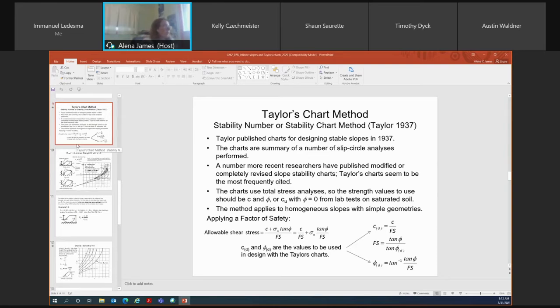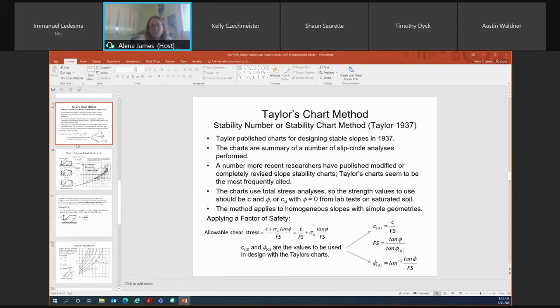Taylor's charts method is a way in which we can calculate either our factor of safety, or we can use them to calculate the maximum stable slope, or the maximum slope angle. It was derived in 1937 by a fellow named Taylor. So you use a stability number or a stability chart method to determine any of those parameters, and they're used